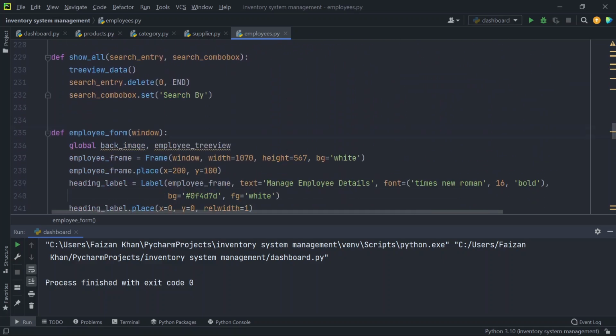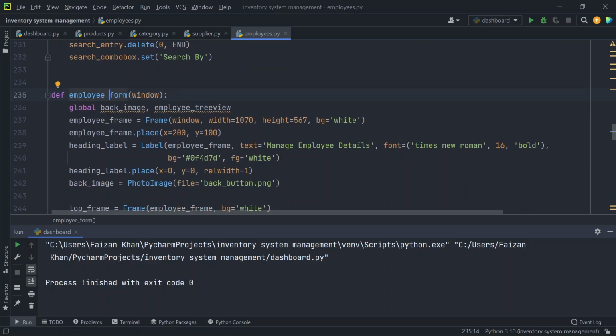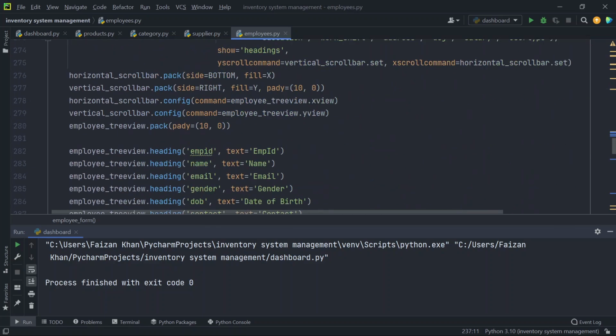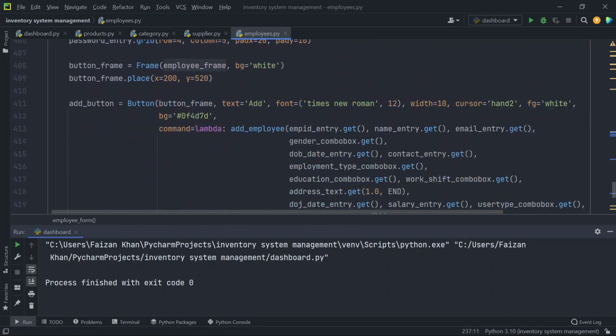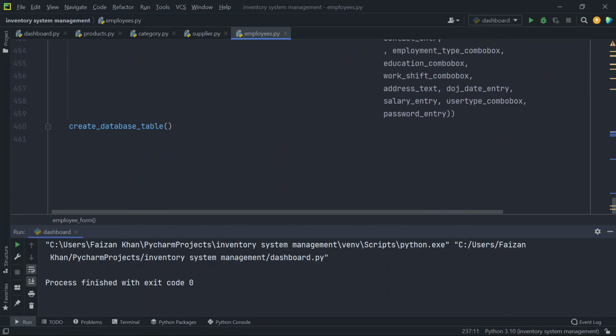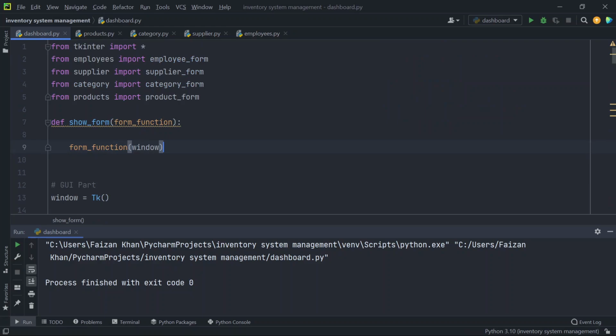And this is our employee form, and here we are creating the employee frame. So what we will do, we will return this employee frame from here. We'll write return employee_frame like this, and we are returning it, so we need to receive it in this